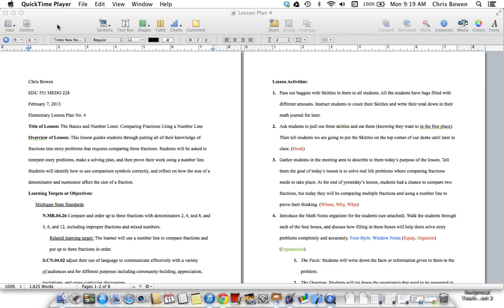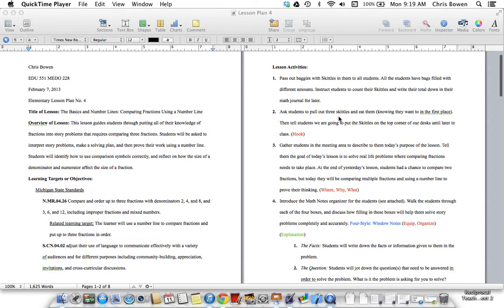The final lesson in the STU on 4th grade fractions on a number line focuses on taking all of the students' knowledge of fractions into story problems that require them to compare three fractions. Students will be asked to interpret story problems and then create a solving plan while proving their work using number lines. Also, students will reflect on the size of a denominator and a numerator and their effect on the size